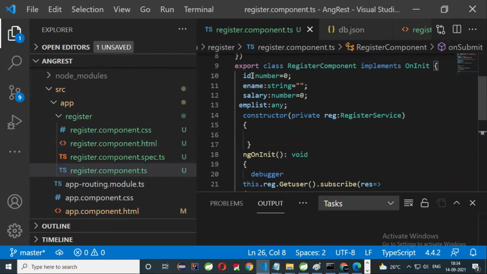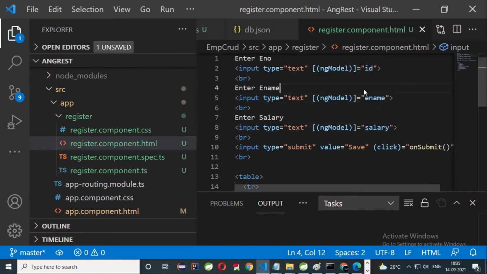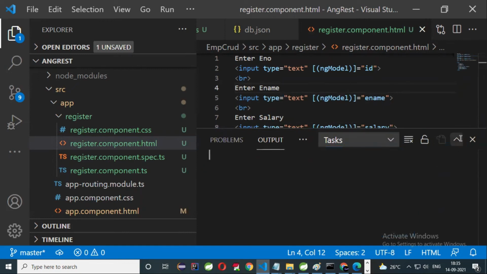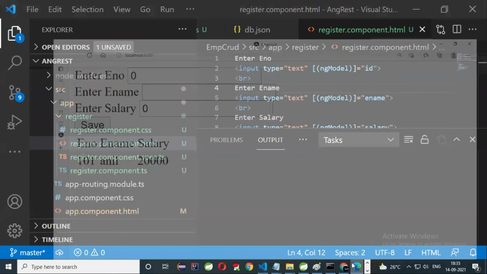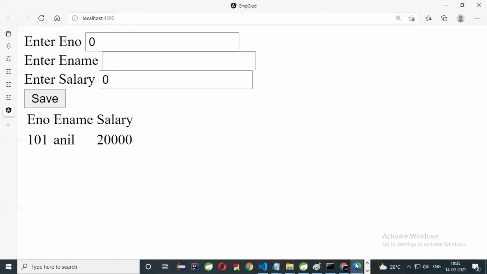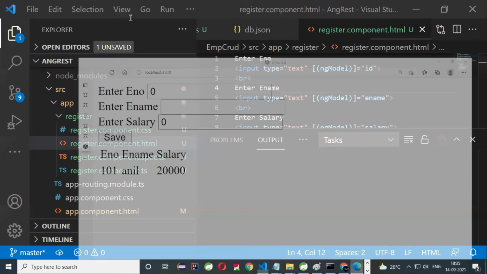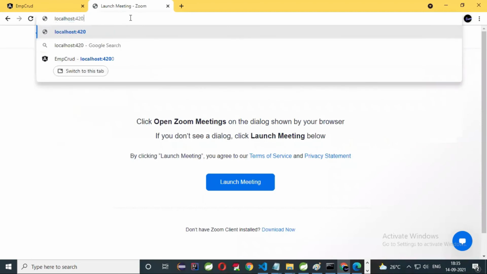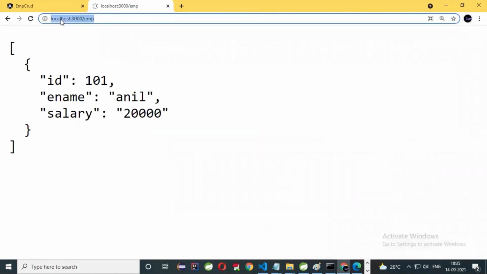Here you see. Yesterday I had given e number, no? Now I have given ID. And in component.html also, I kept ID. So here you can run this command, that is to check the db.json file. Is it clear? Already I am running. This is the output of my application. Before that, you have to run the db.json file. That file also you have to run. This is my command: localhost, port number 3000. In order to run the database, a port number is required. This is my db.json, port number 3000, and emp.